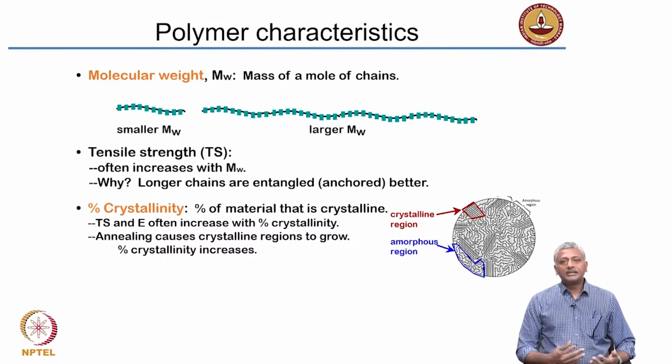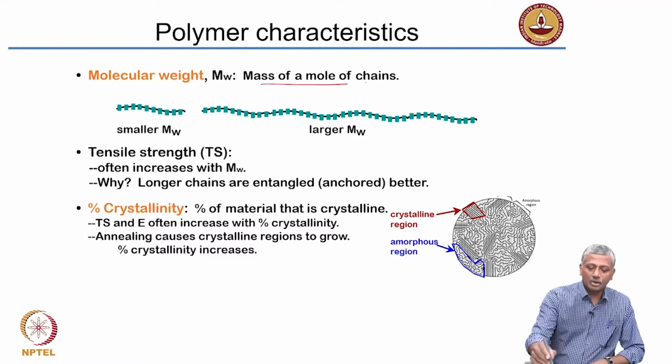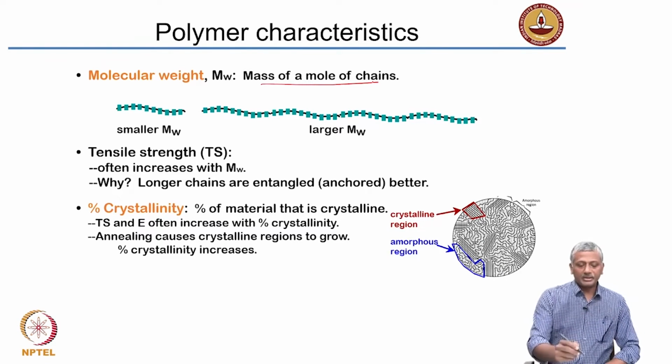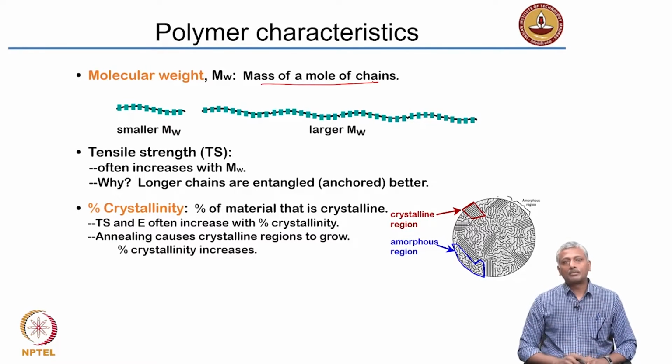Now, the number of individual units that link together to form a chain contribute obviously to the molecular mass or molecular weight of the polymer. So molecular weight is nothing but the mass of a mole of chains. So you have several chains together. If you take 1 mole of those, you get the overall molecular mass of the